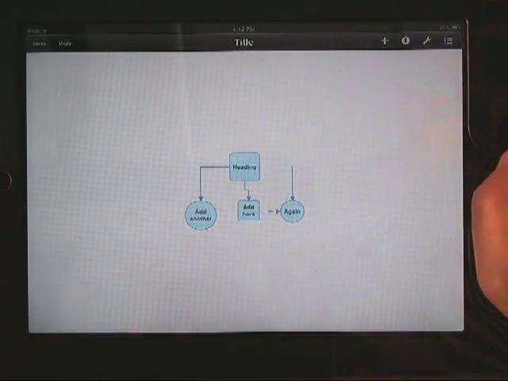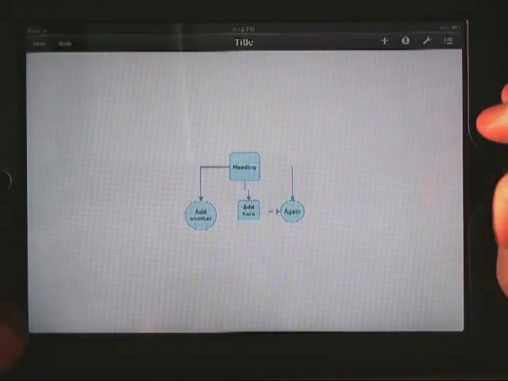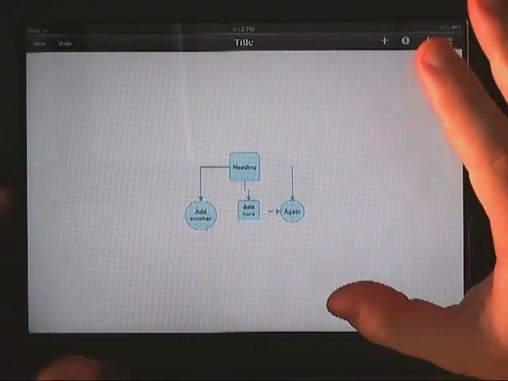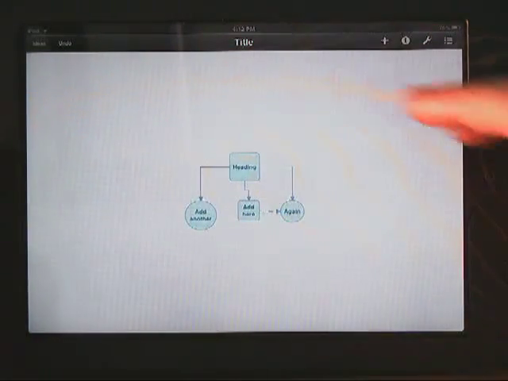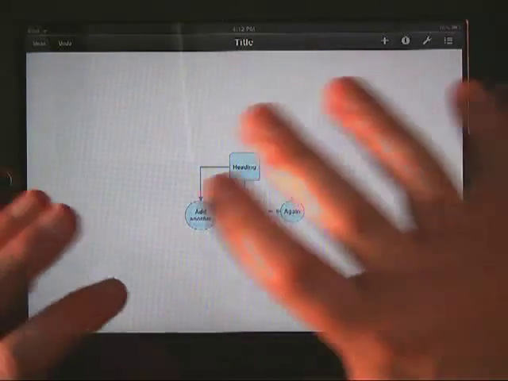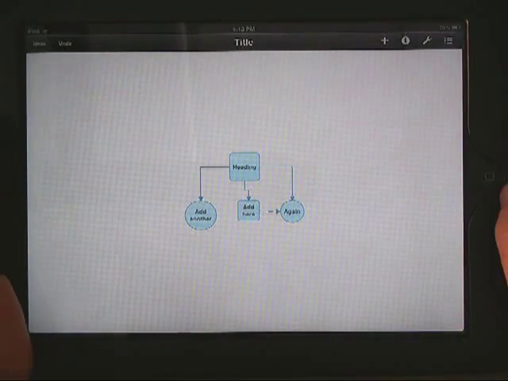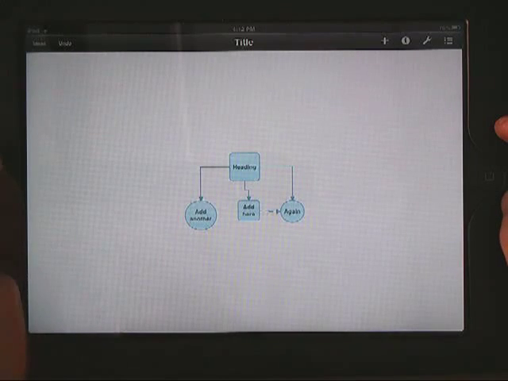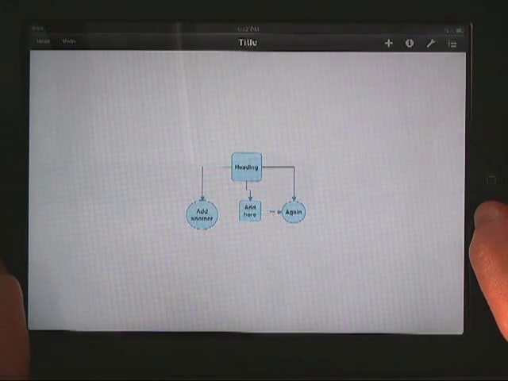So there is just a brief overview of Idea Sketch, a cool little mind mapping tool that kids can use to plot out projects. They can do flow maps if they want to do the presentation and figure out how they want to make it flow. They can do it right here in Idea Sketch. And again, they can save it, they can email it,